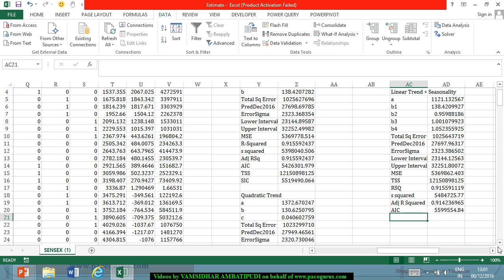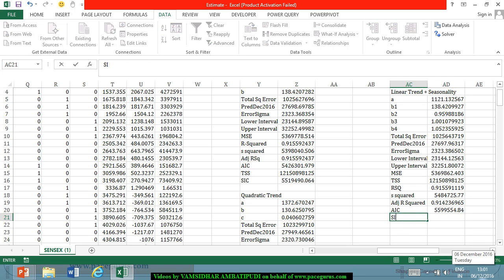So AIC is giving me 5.59 million, whereas here it is 5.42 million. Again, this is much lesser. AIC is again a measure of error which is much lesser in a linear model compared to a linear trend plus seasonality model. So even going with the AIC, it looks like the linear model is much more appropriate for